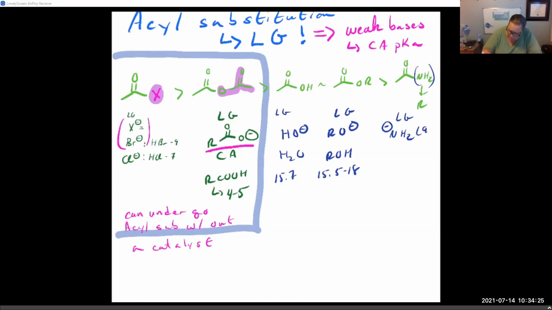Remember, these can also be R's. And so now their conjugate acid would be ammonia or amines. And now we're looking at pKa's between 38 and 40. Okay. So the second set,